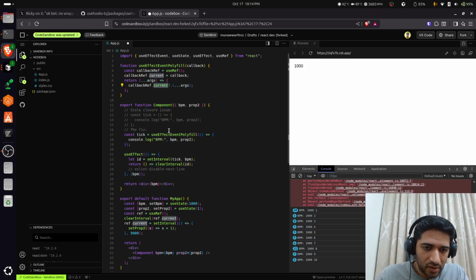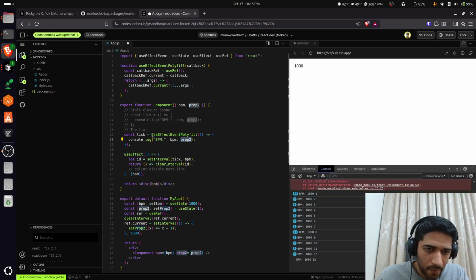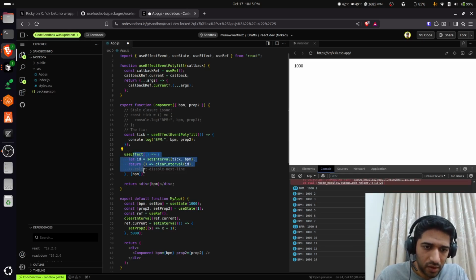So what happens here is when the function runs the first time, I get a reference to this function here with prop2 equal to 1, and I set the interval just once. Yeah, the interval is still set only once. This use effect only runs once. But on the next change to prop2,